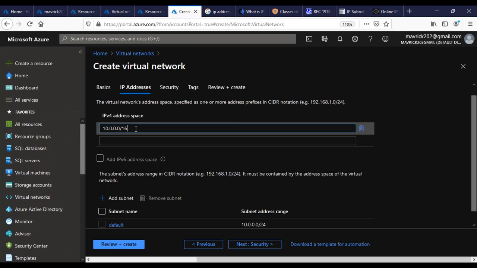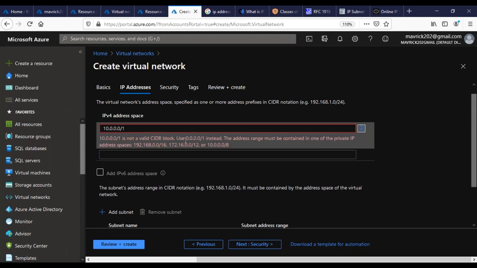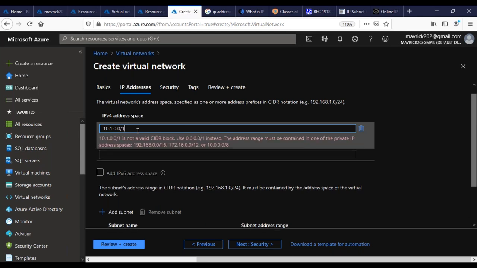So you can actually give /8 also, it will take /8, but they recommend otherwise. It is saying the prefix is wrong, oh, you're actually giving /1. I've never seen people using /1, guys. So it is saying that for private IP ranges starting with 10 dot, it is asking /8. If you're using 172.16, use /12. It is asking to use a value like this, that must contain at least one IP address. So what I do is I'm going to do something like this, 10.1.0.0, and I can use /16.